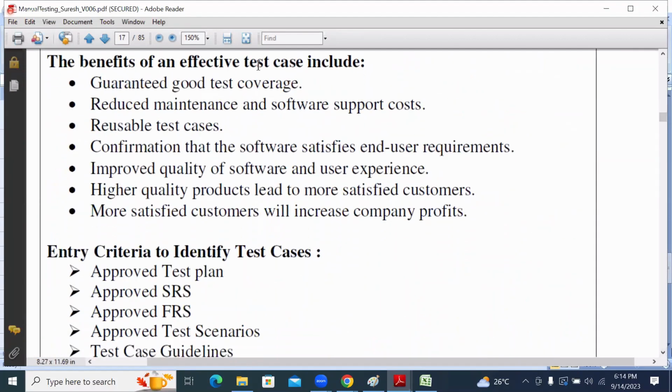Mention the benefits of effective test case. Just continue the same, writing with the new heading, benefits of effective test case. Write with the new heading, mentioning the benefits of effective test case, and then make a note of up to that particular highlighted one. All the online students also,